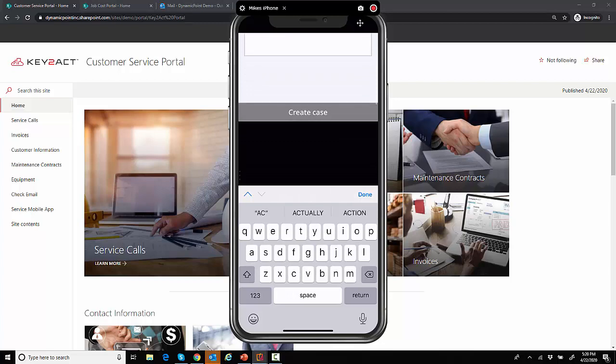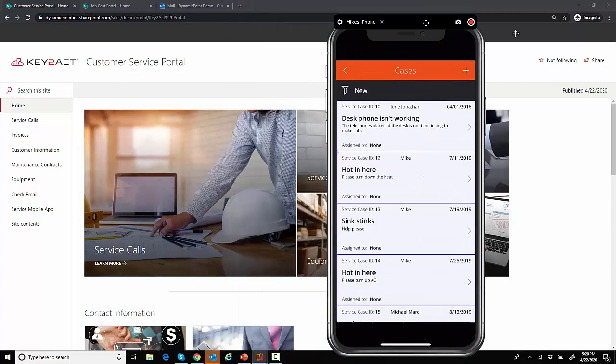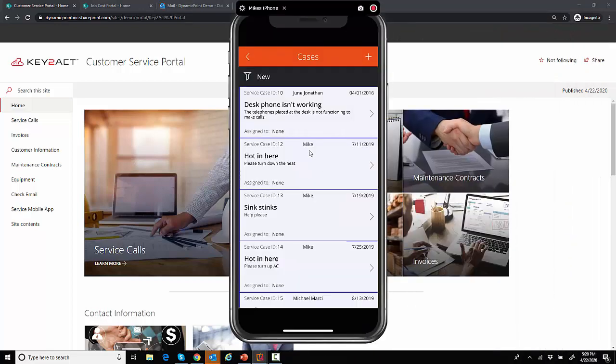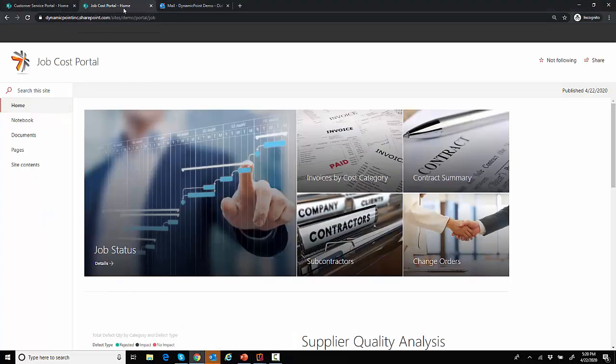And we could go ahead and create that case directly from the mobile application. So you can see I have my various cases that I created. I could also obviously edit these or potentially just view the status. Take away the mobile application for now, and we'll jump to the next part of the demo, specifically Job Cost